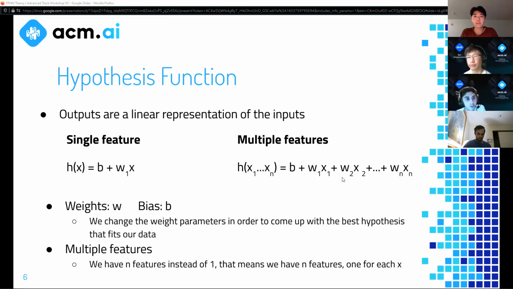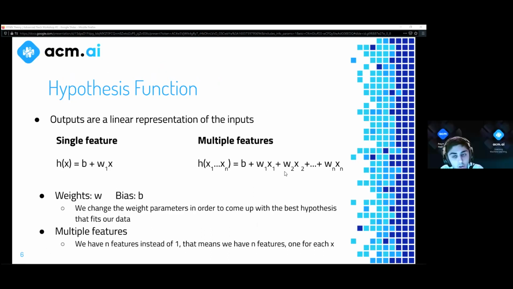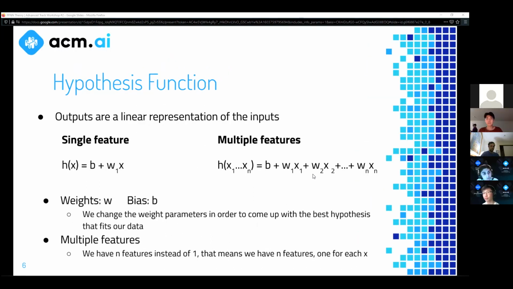Yeah, and I want to pose a question to you guys again about this. We discussed learnable parameters last week. So when you're looking at this hypothesis function, you see a bias term, some weight terms, and some input terms. Of the b, the w's, and the x's, can someone unmute and tell me which ones are considered learnable parameters, and why? You can also use the chat if you really don't want to unmute.